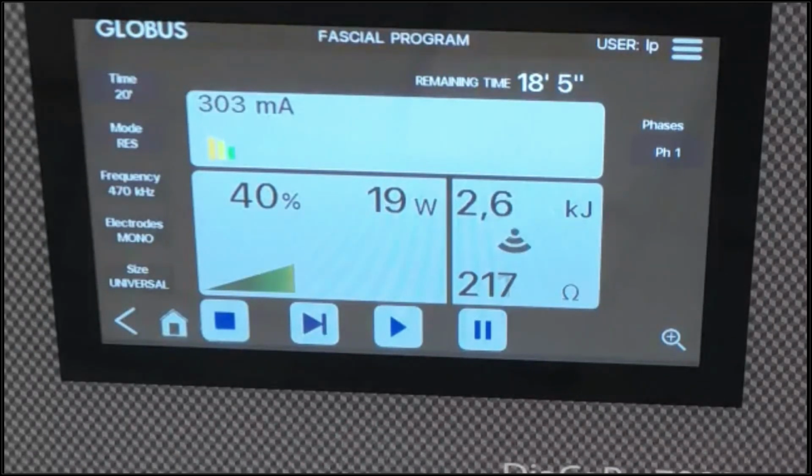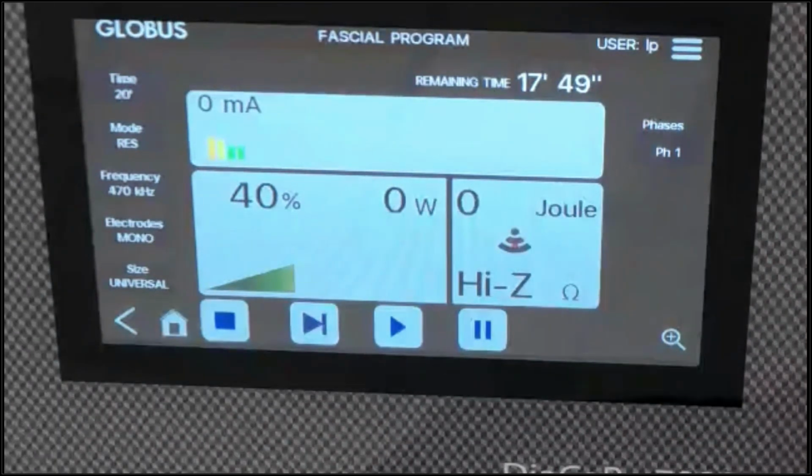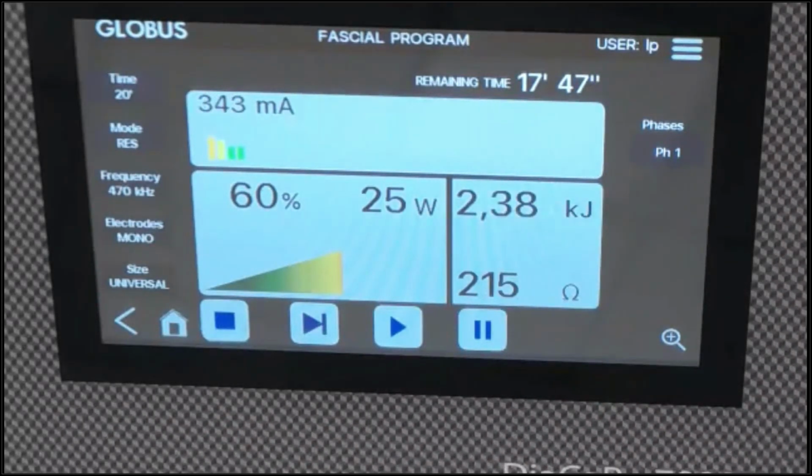Okay, so you also get the information about the impedance of the tissue. We got 200 ohms, so it means that the resistance between the plate and the active electrode is 200 ohms. If we want to increase the temperature, we can just increase the power and have a look at the histograms. I always do the same technique on the carpal ligament.